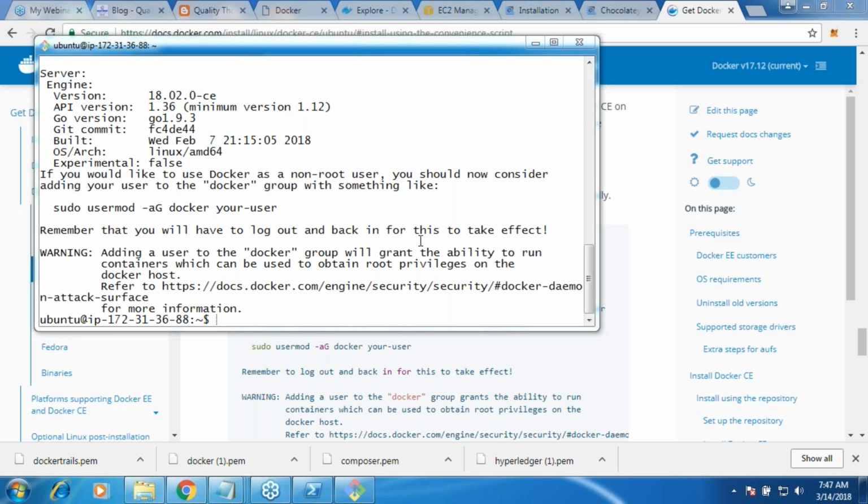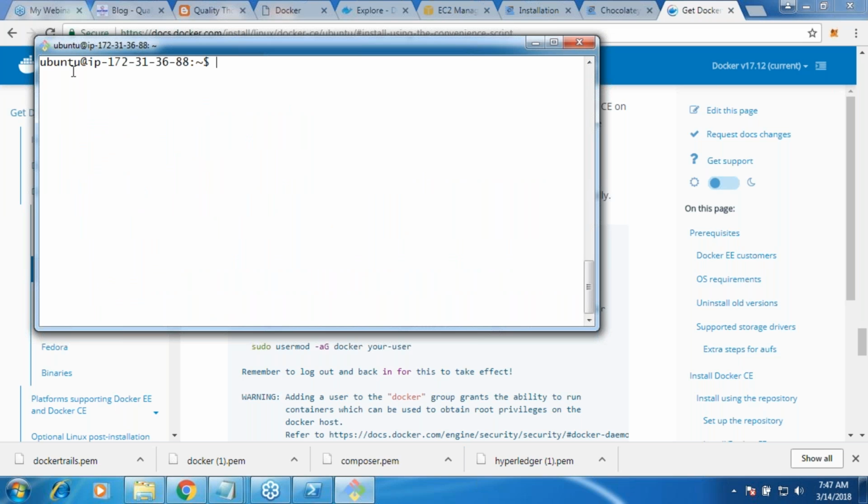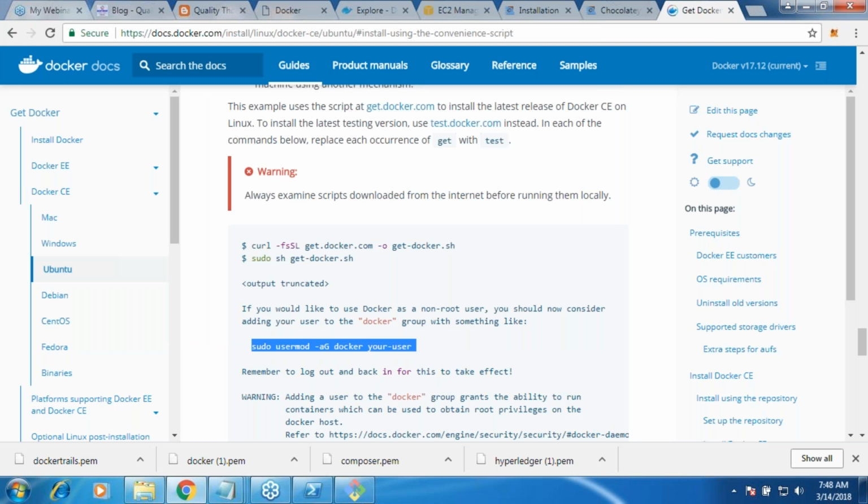Are we clear? Yes. And one last thing, what is the username over here? Ubuntu. So generally when I run Docker commands, this user will not have permission. To give this user the permission, are you seeing the command over here?